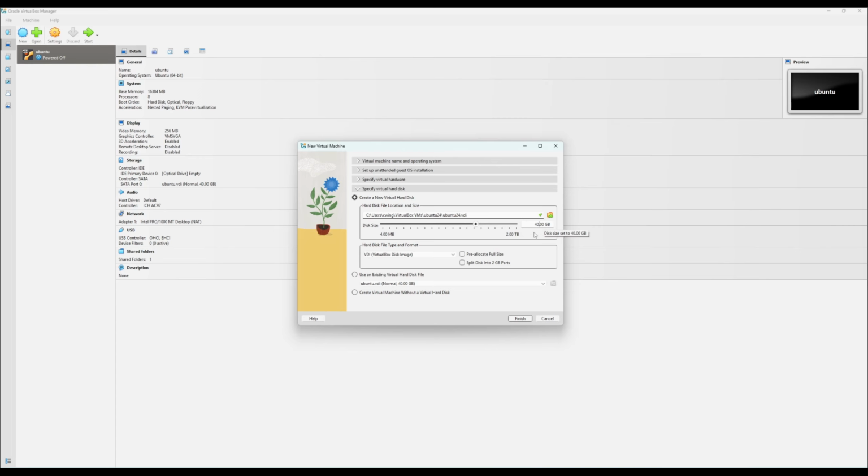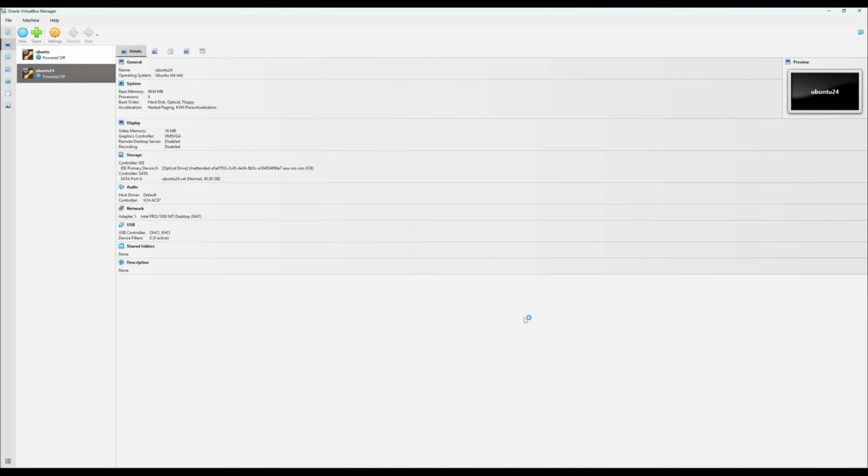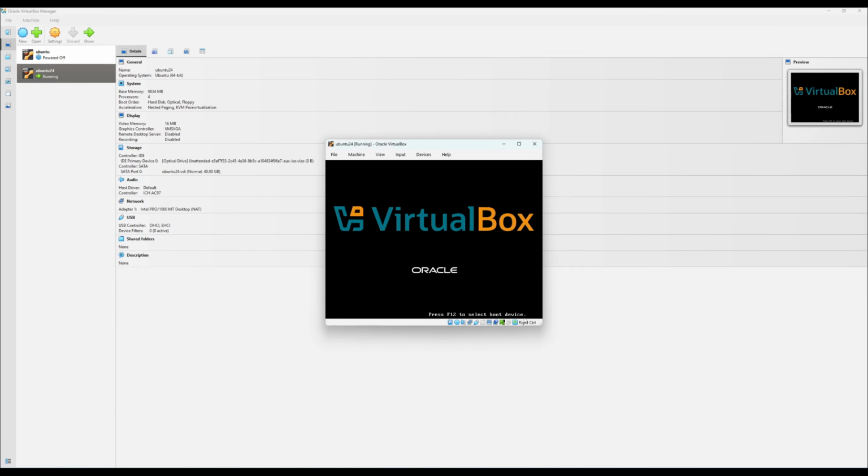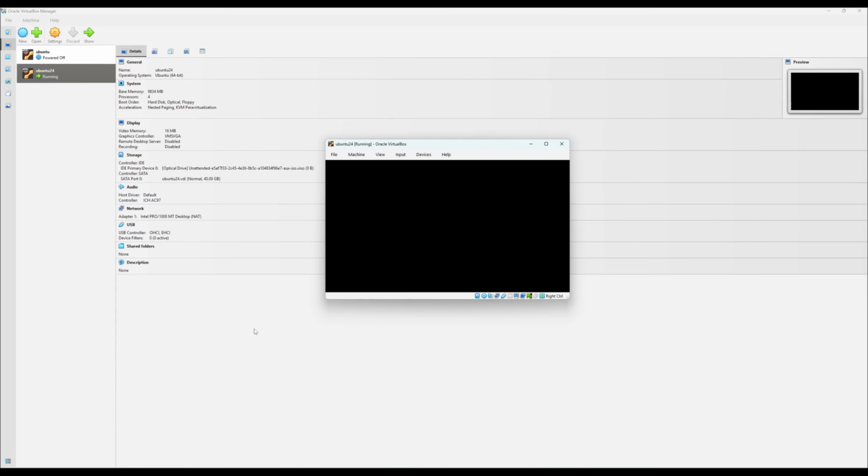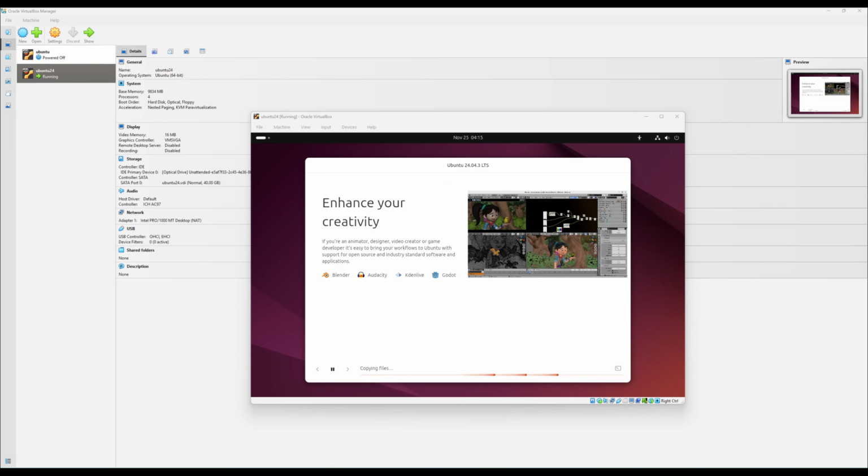Okay, so at this point we don't have to do anything else, so we'll just go ahead and click finish. And then the machine will go ahead and power itself up and we can do the next steps. Now in my case, once it's powered on and launched, it'll go through the installation all by itself and I basically won't have to touch it. Now, if you have a few extra steps, we'll also quickly run through that,